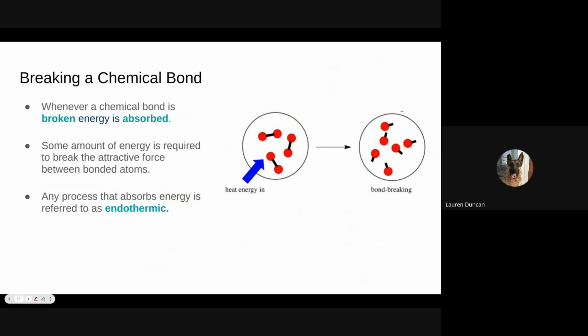You have to put your own energy in. You have to push on that pencil to break it. So energy is absorbed whenever a bond is broken. And any process that takes in energy, where the energy enters the substance or the process to make it occur, we call those processes